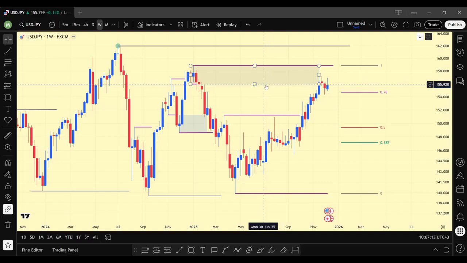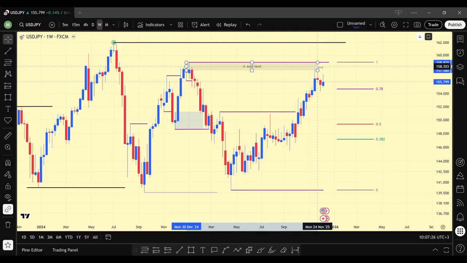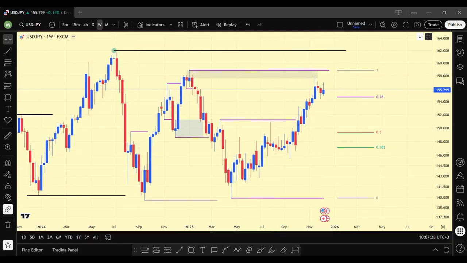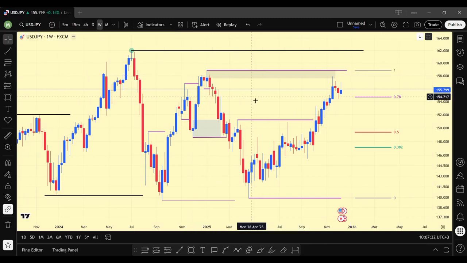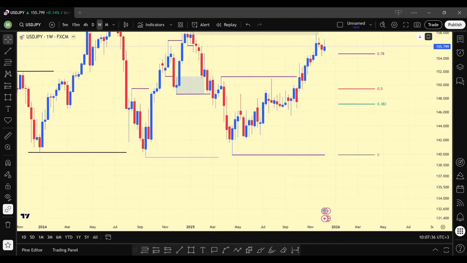Price has mitigated our extreme order flow, and at the same time you can clearly see this rejection block. So price extended even further, mitigating this rejection block exactly right there. So this gives me full confidence that price can now continue all the way towards this low and eventually